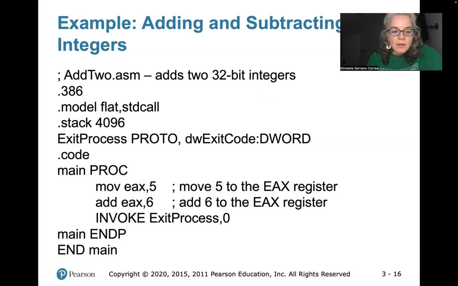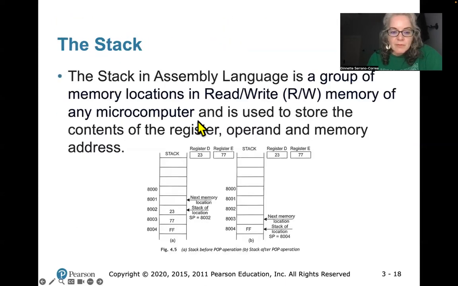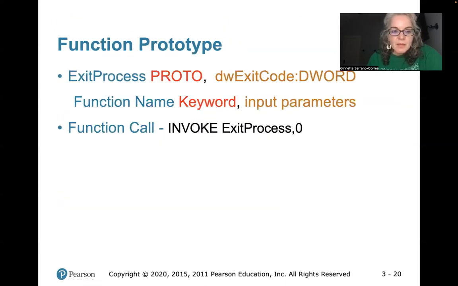So anytime we create a function prototype, we have a function name. So this is the name. We make up this name, exit process. We have a keyword, proto. So this is a keyword. And then we have our input parameters. And here's the function call. We say invoke, name of the function, and then, so invoke exit process, and the parameter is going to be